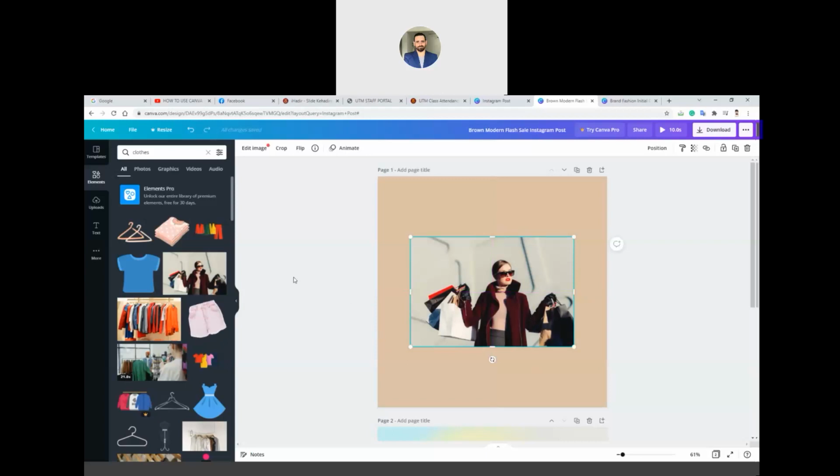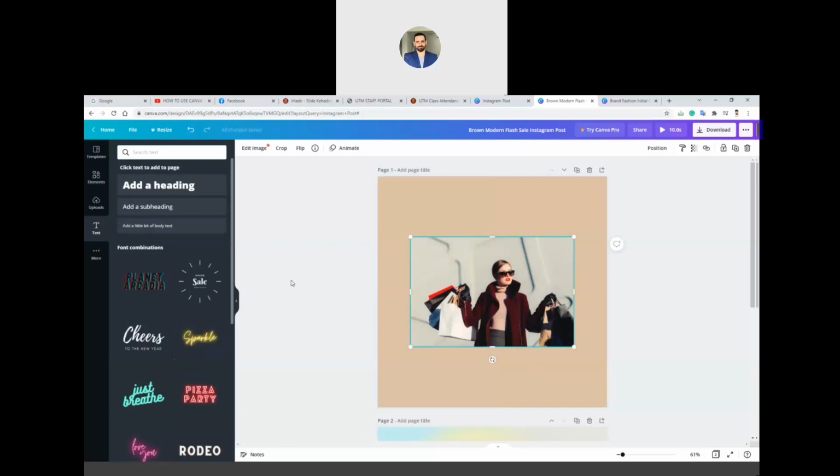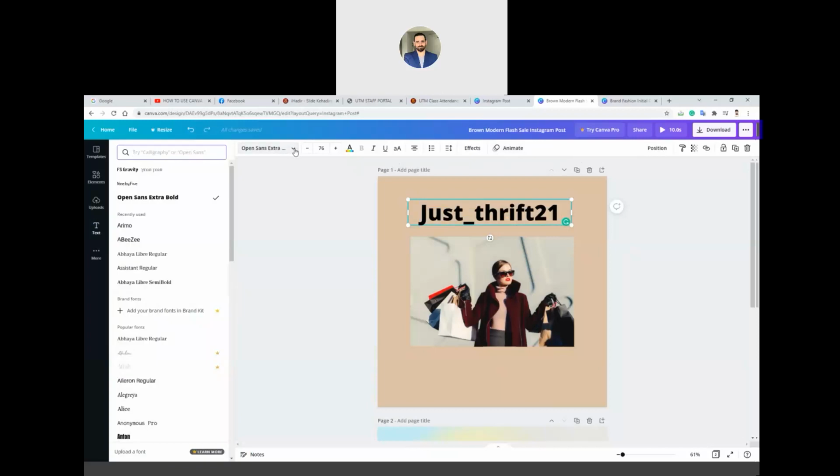and then what we can do next is we can simply go ahead and add a text. Okay, and then if you want to edit your font as well, this is the bar where you actually have the ability to edit the font, this font type. And